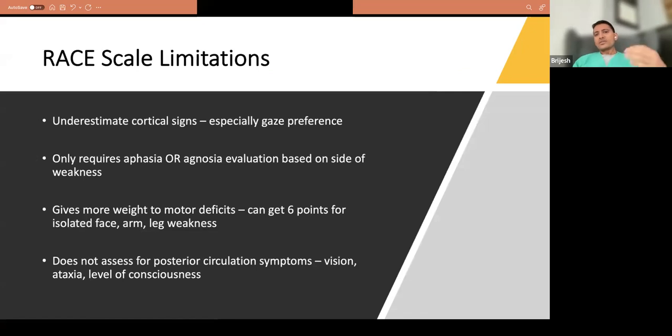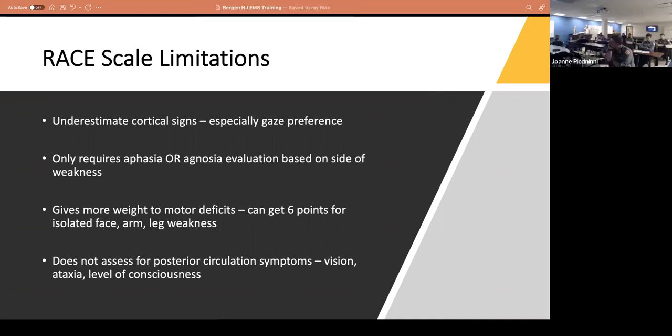And so those are some things that you all may want to add to your evaluation as part of BFAST, the balance and the eyes, to add that either before or after the RACE assessment to make sure that you also test for hand-eye coordination, or if they don't have any weakness, to ask them to walk in a straight line, heel to toe, kind of like a drunk driving test, as well as test their vision simply by saying, okay,